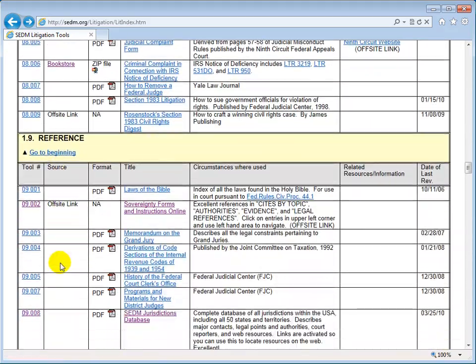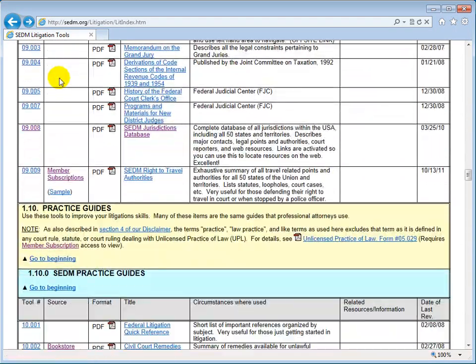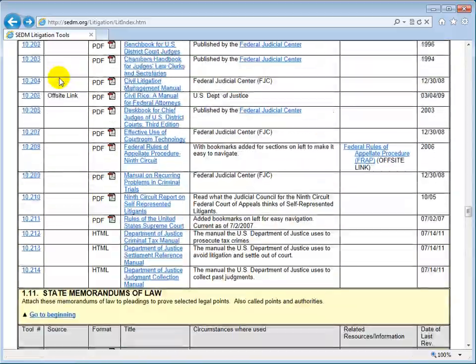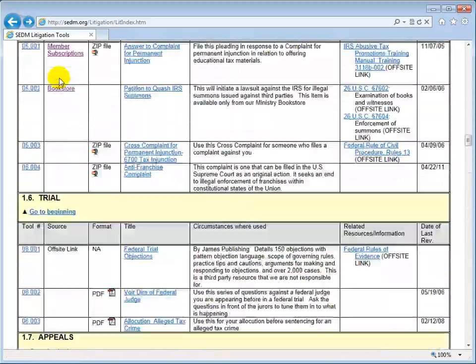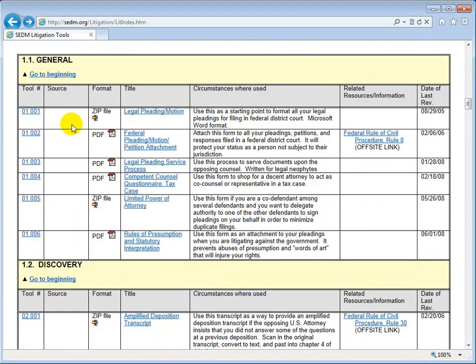And if we scroll through here, oh, and by the way, if it's a bookstore item, sometimes we'll have a sample underneath it. So if you click on this, you can view a sample of what's in that document or that item, so you know what you're getting, basically. So it looks like there isn't any compliant member only content on the litigation tools page, so we don't have anything to show you there. Okay, so the next column would be the format, and this format is the type of